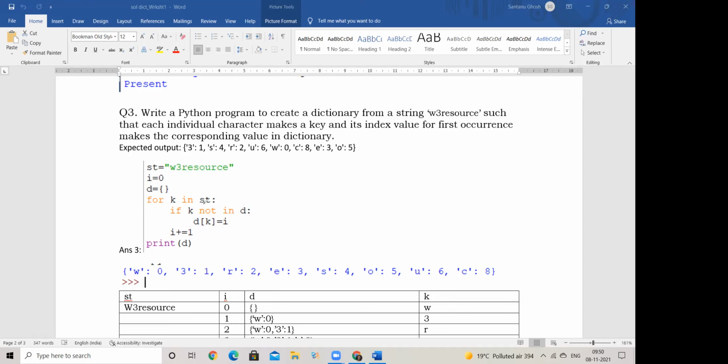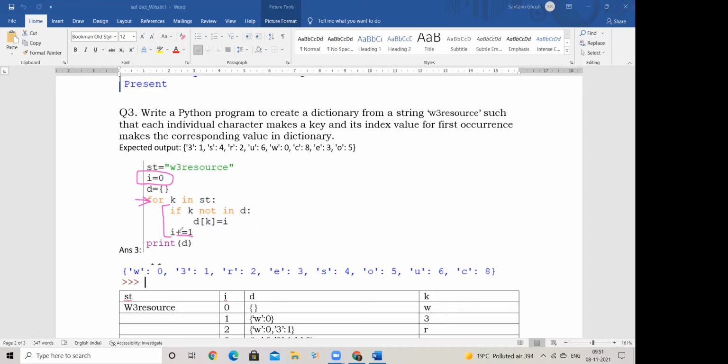Second thing is, what are you updating? How are you getting the position? Now when you move in the loop, if I take a single variable with the initial value as 0, any variable for that matter, every time the loop is running, every iteration, I am incrementing the value of I by 1.